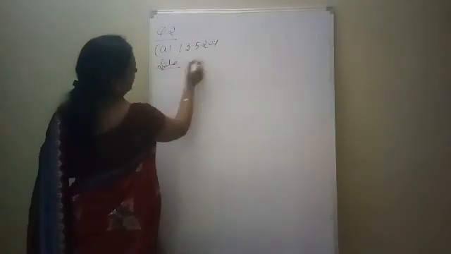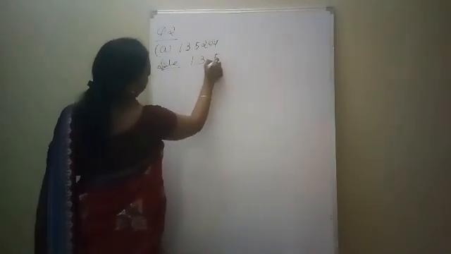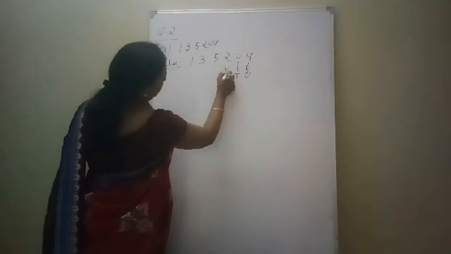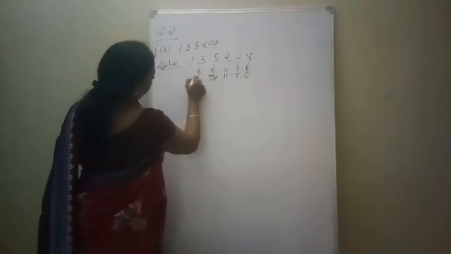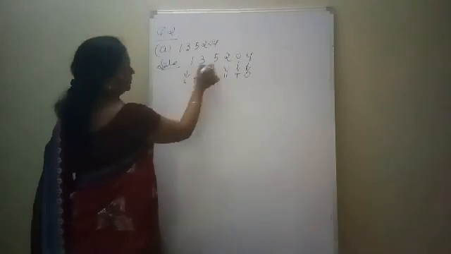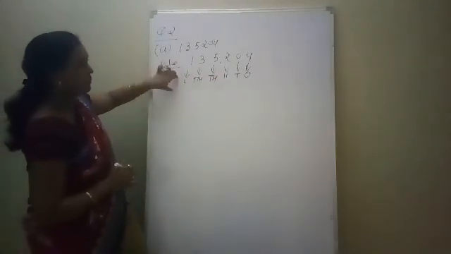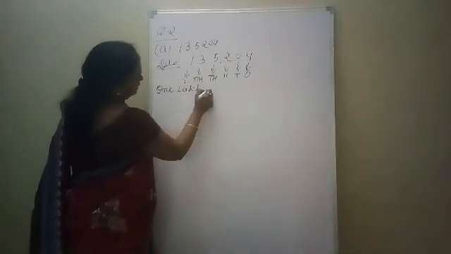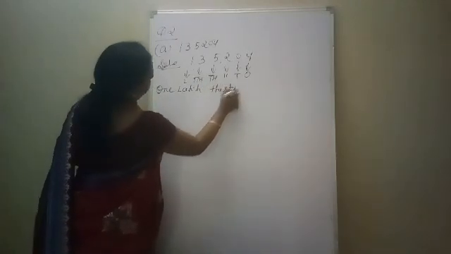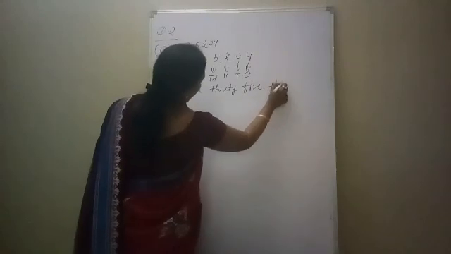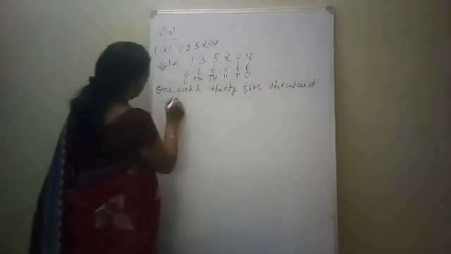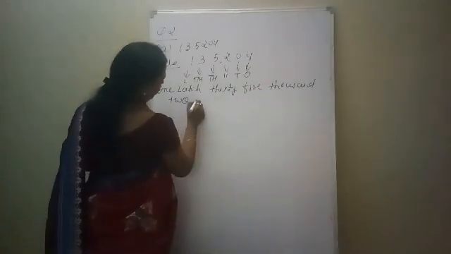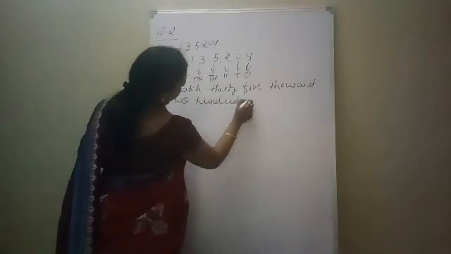We have to write these numbers in both place value charts. First you will identify the place values of the number according to the Indian place value chart. It is ones, tens, hundreds, thousands, ten thousands, then lakh. Number name means you have to write it in words. So we write: 1 lakh 35,204. This is in the Indian place value chart. This is the number name.